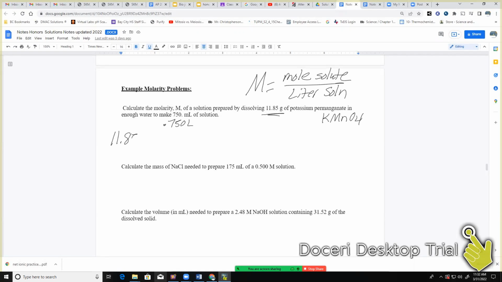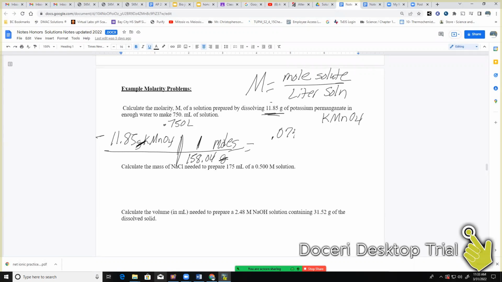I have 11.85 grams of potassium permanganate, but I really need it in moles. So I need to use my molar mass, and the molar mass is 158.04 grams per 1 mole. Remember, your units have to cancel out. If I'm in grams here, I need grams on the bottom in my next step. At this point we're at 4 sig figs, because the only measurement we have used so far is 11.85. So you should get 0.0749